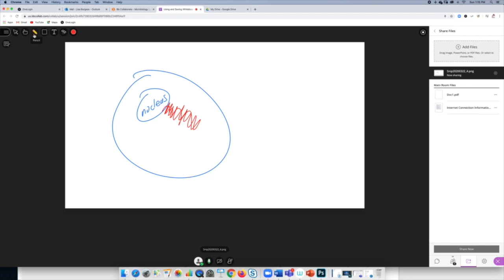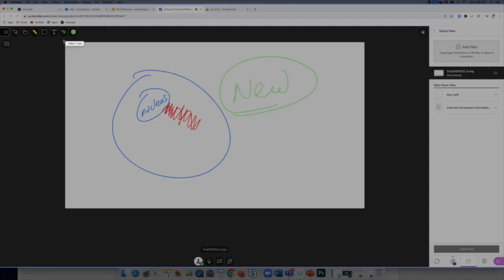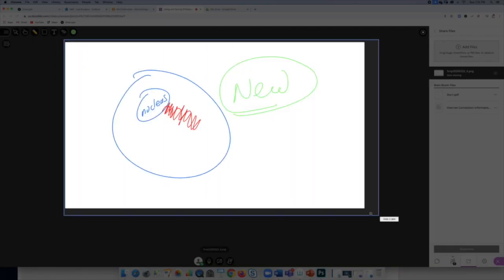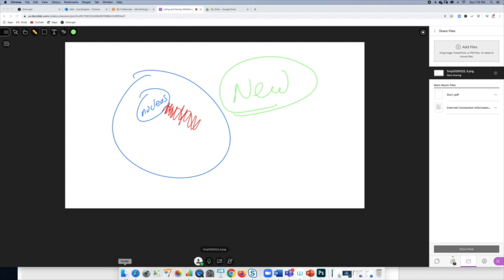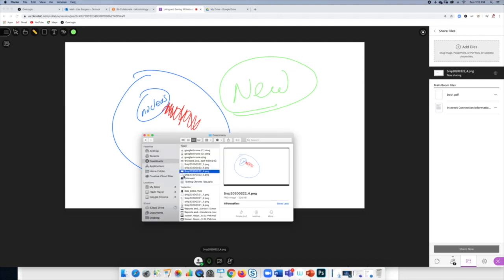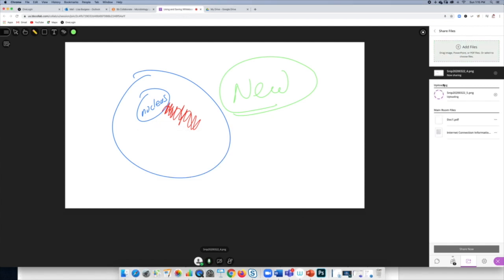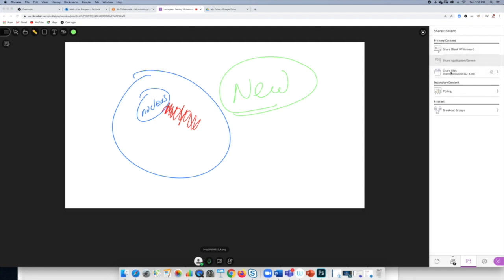So this is a nice option if you're trying to build something on the whiteboard. I can then draw on this. Let's select a new color just so we know. So I can select this, draw on this board, and do the same thing and just keep adding it as layers to my existing screen. I keep this whiteboard, and now I can share that file up here, and I can keep doing the same thing over and over again,